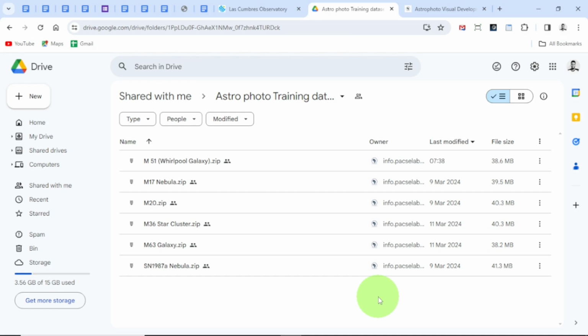Now that we have processed most of these data sets here, we have processed this one, M20, M36 star cluster. On your own, you might want to practice with this other tool because we haven't done it before. However, when you are done, I think it is time for you to start scheduling your own observations because I